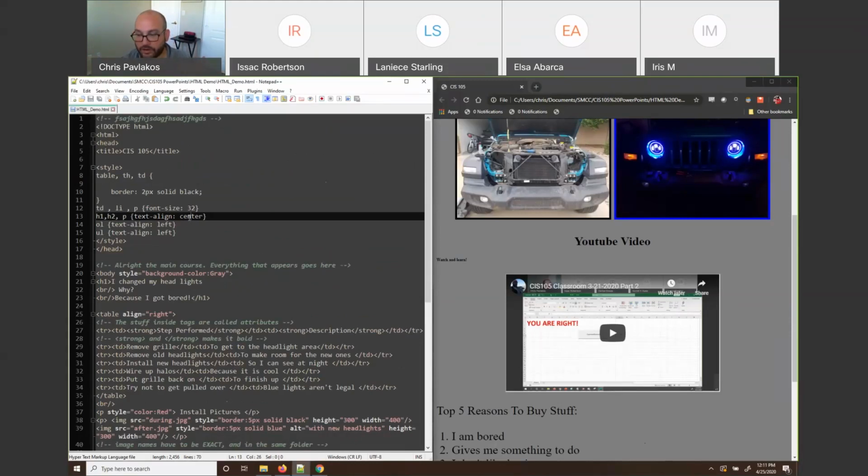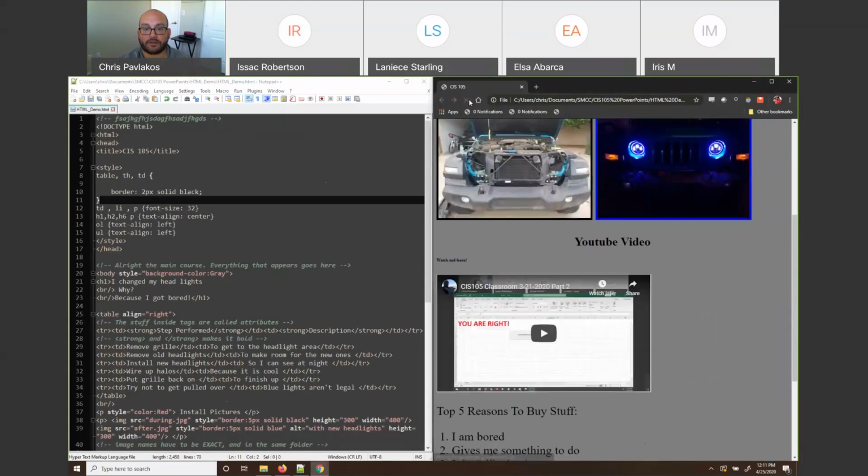Because that's how we read our papers. By default, it goes to the left. So what I can do here to make this one pop back to the center, I can add H6 right there. And now when I reload,